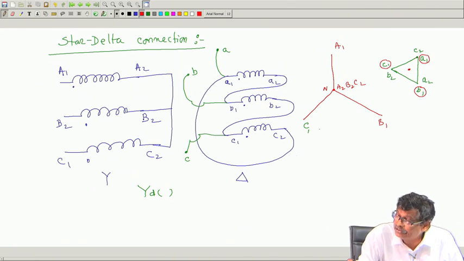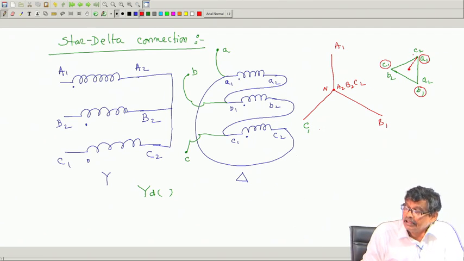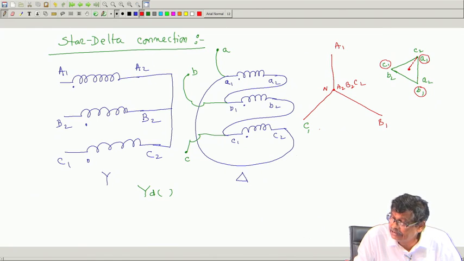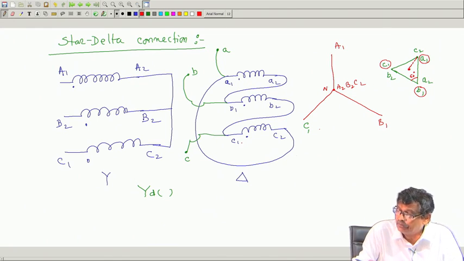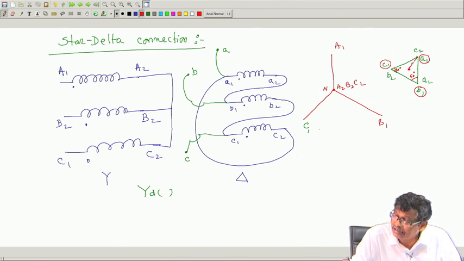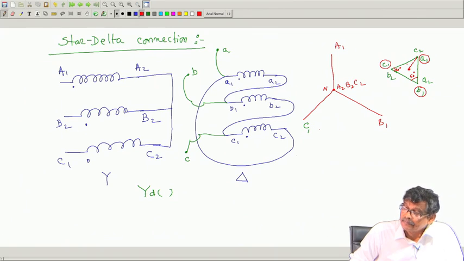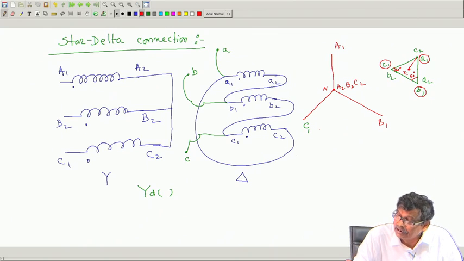Then you say with respect to the secondary neutral, the A phase voltage will be this one. Do not forget that these angles are 60 degree. Because of this 120 degree business, this angle has become 60 degree. So, these angles have become 30 degree, this and this,